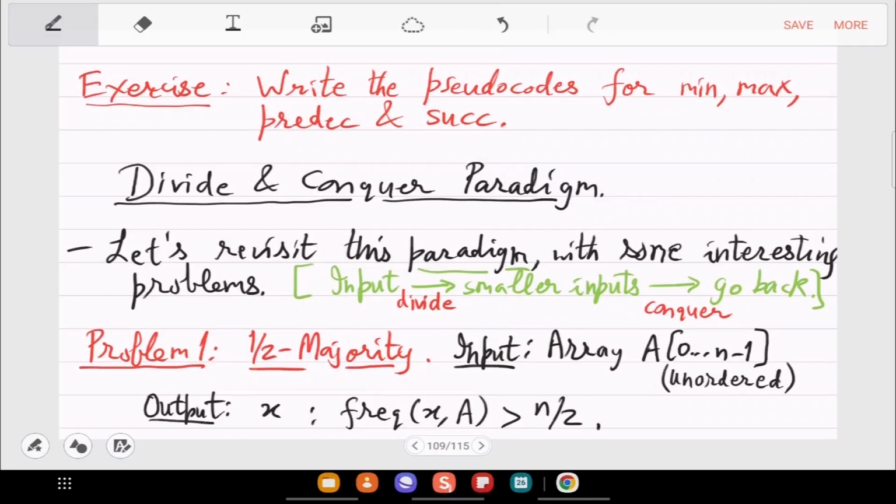You have to output some element which has frequency more than n by 2. If it doesn't exist, so for example, there may only be 3 elements, each with frequency n by 3, right? 1 with n by 3, 2 with n by 3, 3 with n by 3. So in that case, there is no half majority, which happens in elections. If there are many parties, each of them may get just smaller than 50% votes, right? So when that happens, you have to say that there is no half majority.